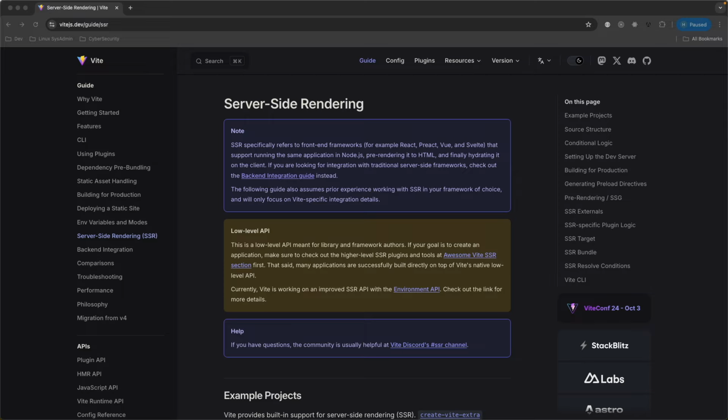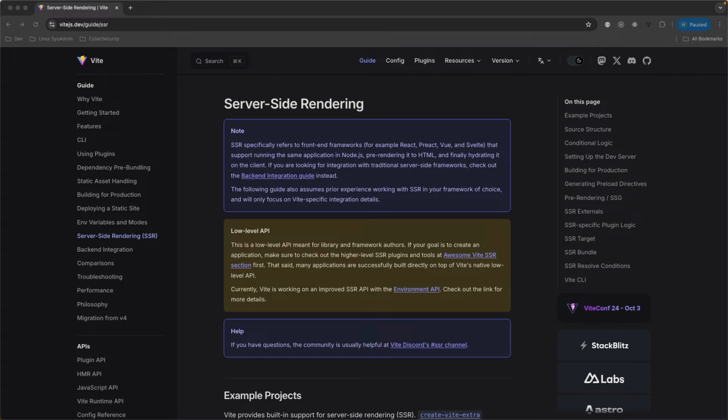Now, these days, the Vercel Next.js propaganda machine, oops, I misspoke there and had a Freudian slip. I meant to say the Vercel Next.js marketing machine. They would insist that Next.js was your only option. Well, in fact, you have multiple options if you are sure that you need server-side rendering with your React front-end